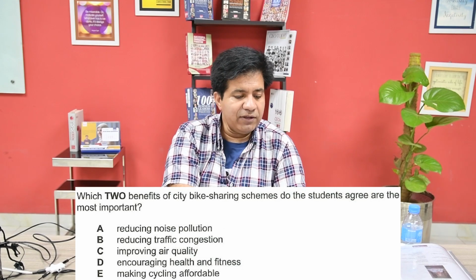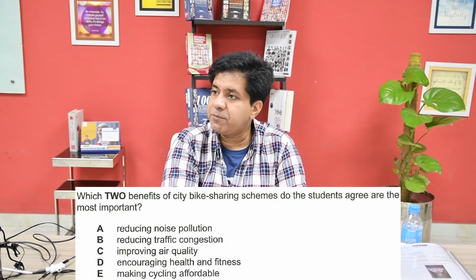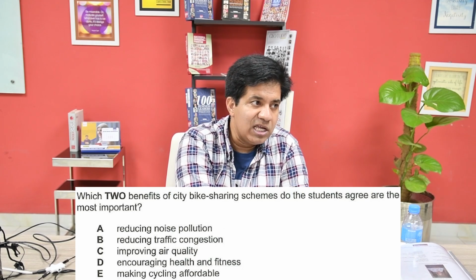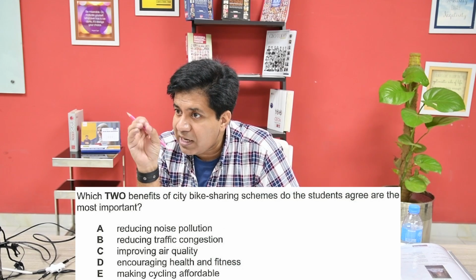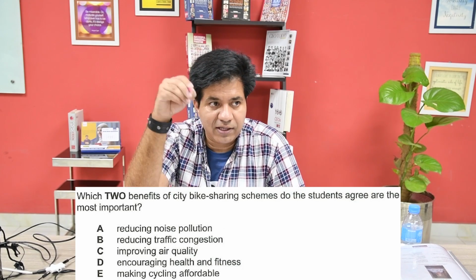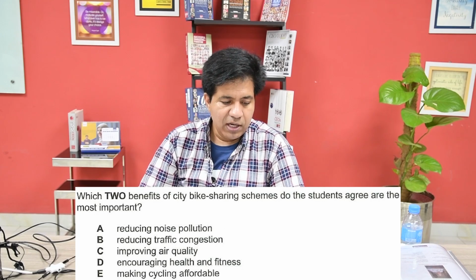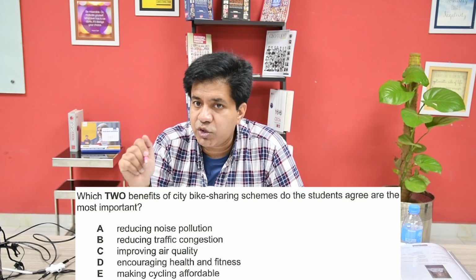Now again, they will speak about these 5 options in any order. They may start from option E, then they come back to option C, then they go to option D. So first you need to catch the option and then you have to see whether the students agree on it. If agree, tick. If they disagree, cross. That is not the answer. Let's do it. Now this time you will select both letters together. I'm playing the audio for question 21 and 22.